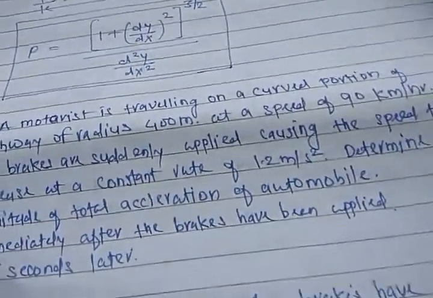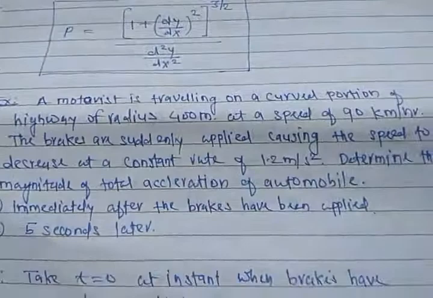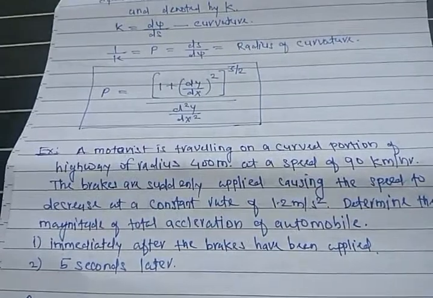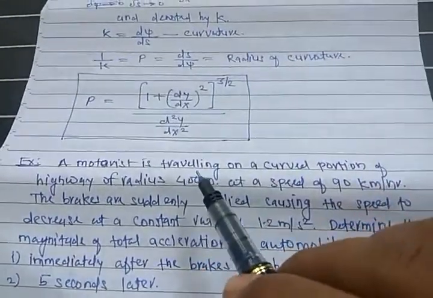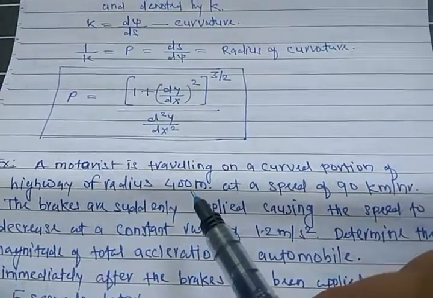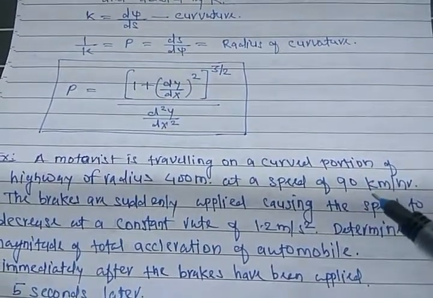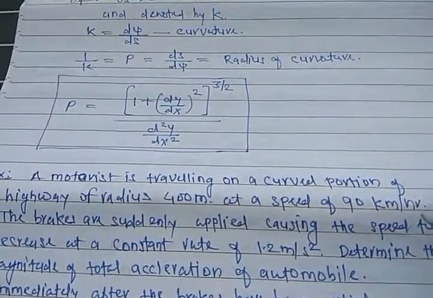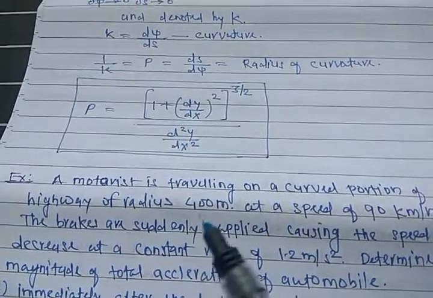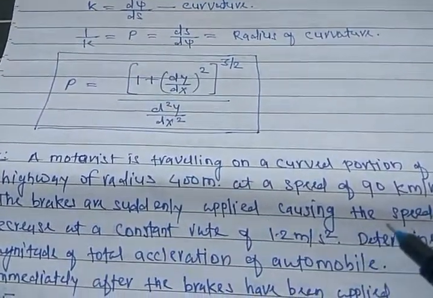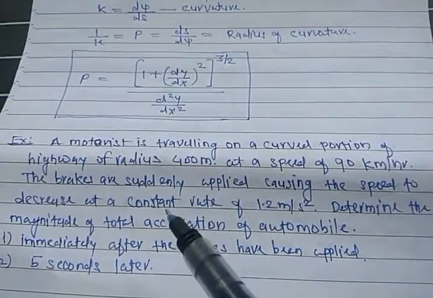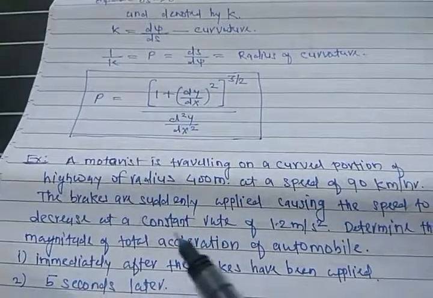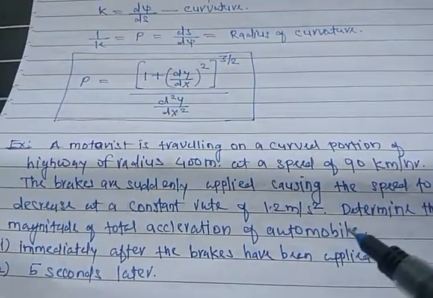Okay, so let us see the examples on curvilinear motion. A motorist is traveling on a curved portion of a highway of radius 400 meter. Okay, so radius of curvature rho is given there at a speed of 90 kmph. Then brakes are suddenly applied, causing the speed to decrease at a constant rate of 1.2 meter per second square. Determine the magnitude of total acceleration of the automobile